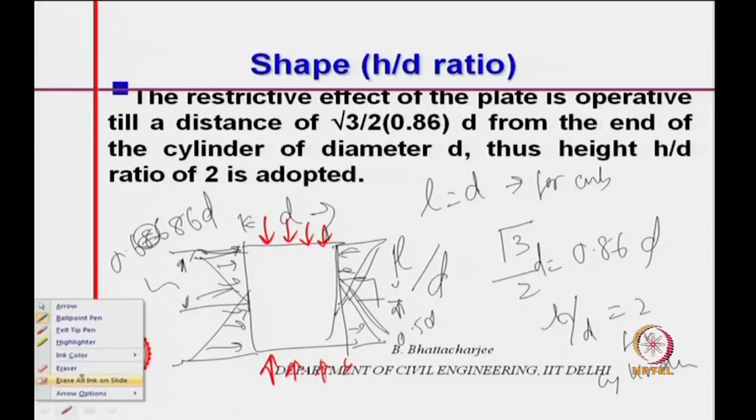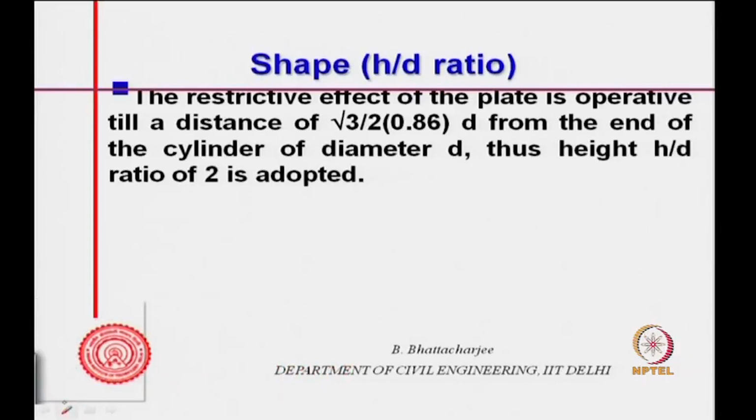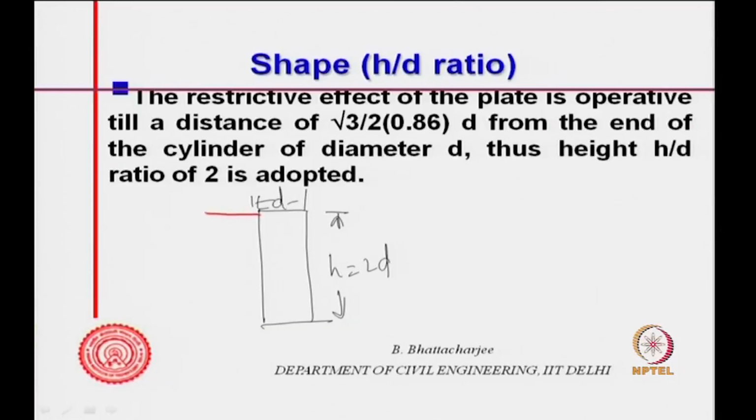So, in that case what is happening? A cylinder, h is equal to 2d, at least this is 2d, the platen effect will finish up to 0.86d. So, this is 0.86d and so on. So, there is some portion where you have no platen effect, it will expand easily,